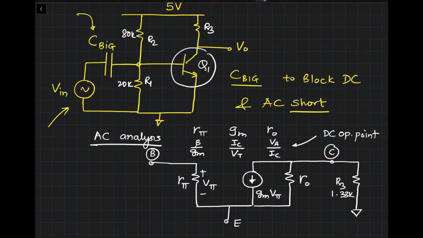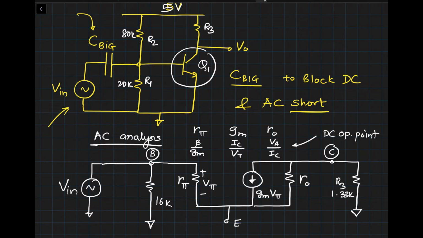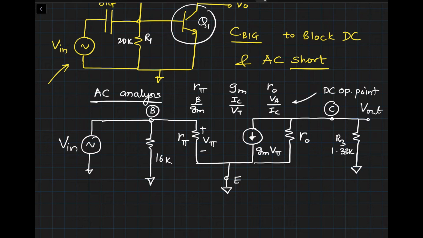The resistors R1 and R2, which were 80K and 20K. Once again, since we connect 5 volts VDD to ground for the purpose of AC analysis, it would look like there will be two resistors, 80K in parallel with 20K, and they would look like this over here, and that would be 16K. And as I said already, CBIG we are going to connect with a short for the AC analysis purpose, because for the frequency of operation we are analyzing, it looks like a short. And the last thing we will have is the AC Vin, and the collector node will be your output voltage, and emitter node is connected to ground.